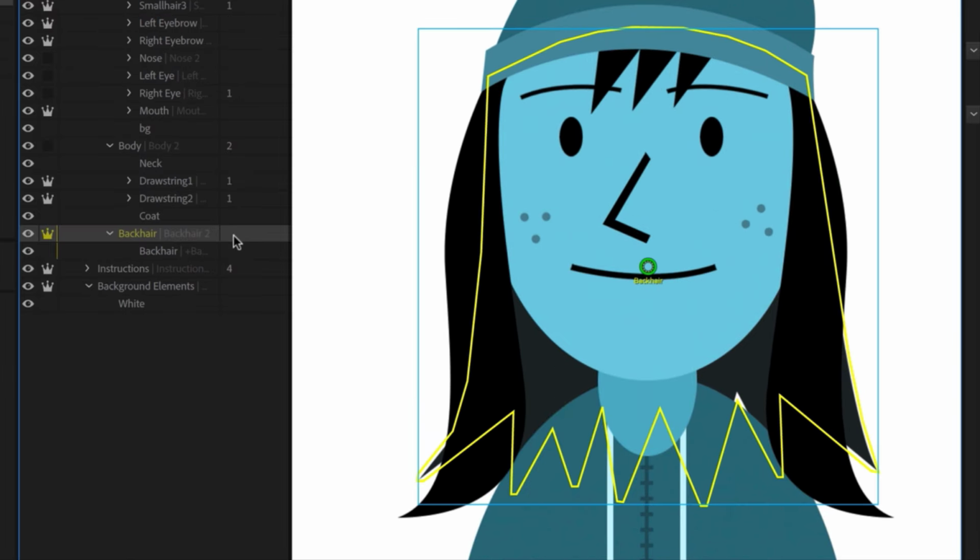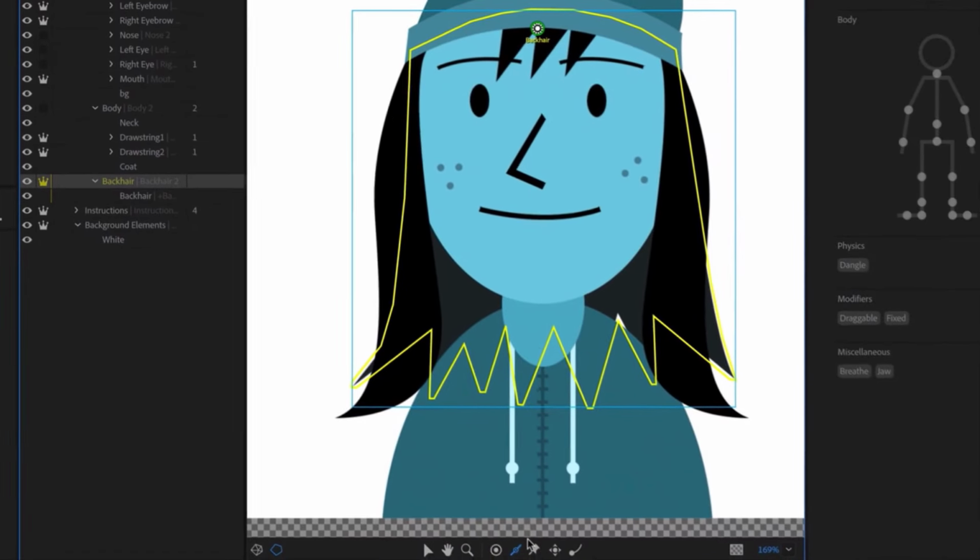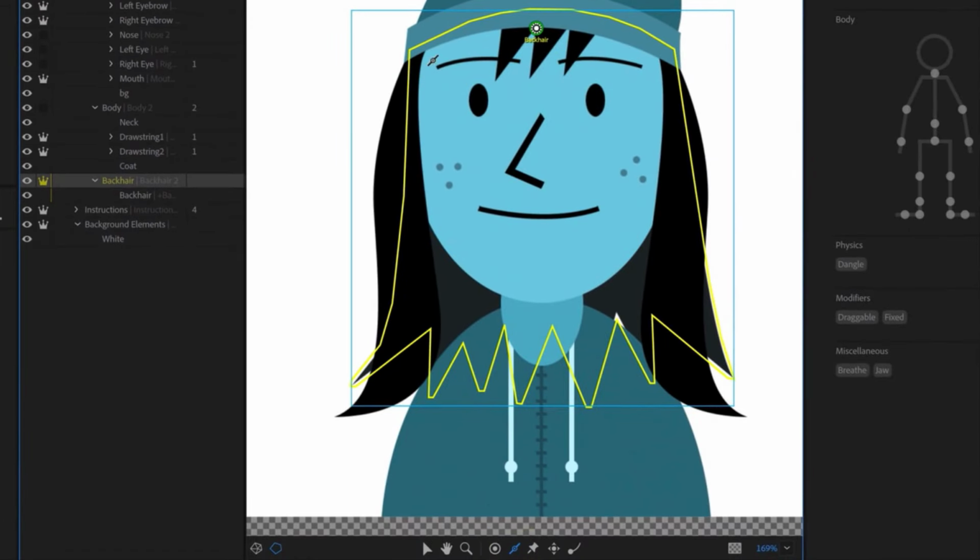The back hair group is treated a little differently, because this is one large group that has multiple strands combined together instead of a long, narrow piece. In this case, move the origin to around the forehead, then use the stick tool to draw a stick directly across it, and tag that as fixed. This way, the top part of the hair will stick in place instead of coming unhinged and having the side swing out. Then I can add multiple dangle handles below to have gravity pull down on several parts of this